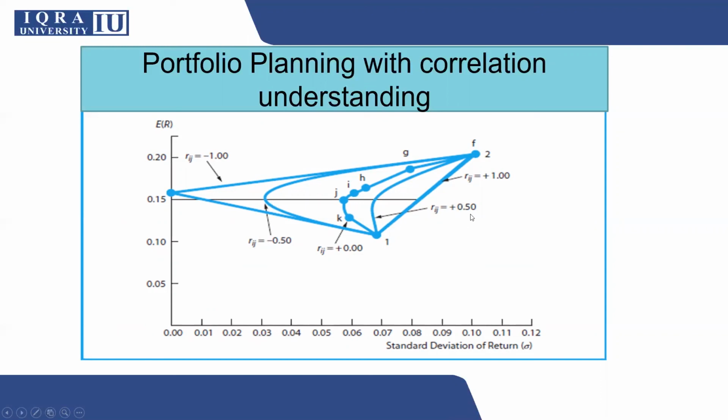Look over here. You have a correlation, but this correlation is plus 0.5. So you can see that in the case of plus 0.5, you will be moving over here. Your return will be less and your standard deviation is on a higher side. So naturally, you are trying to do both things: you are trying to increase your portfolio return, and simultaneously you are trying to reduce the standard deviation of the portfolio. So this graphical presentation is indicating that if you can get a correlation of minus 0.5, then you can reduce the standard deviation and you can also increase the portfolio return from your selected portfolio.